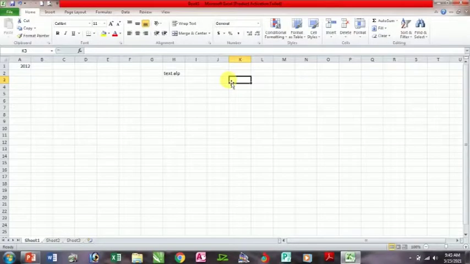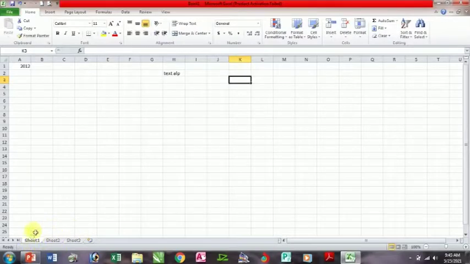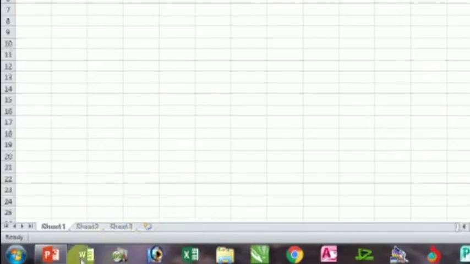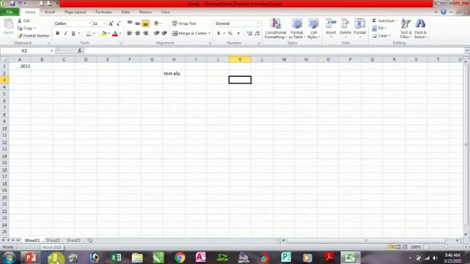A worksheet refers to a single electronic page in a workbook which contains cells. Currently we are working on a worksheet. In this window, we have 3 sheets, but currently we are working on sheet 1. This single electronic page, which is made of cells, is what we call a worksheet.